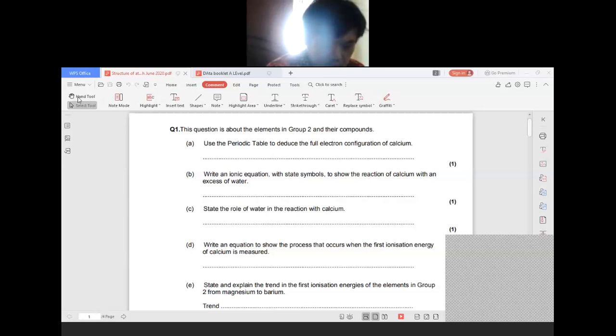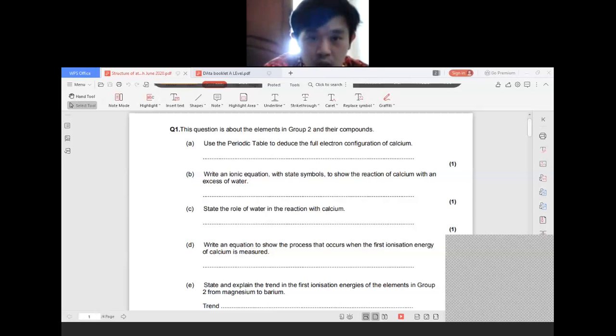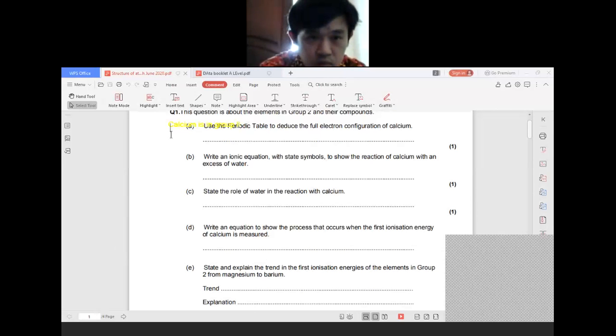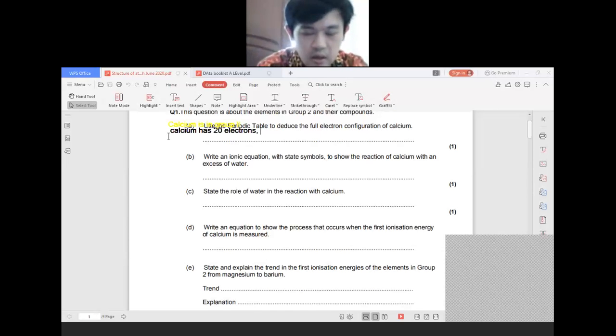We know that calcium is in group 2. Let's write here: calcium is in group 2, and calcium has 20 electrons. So the configuration